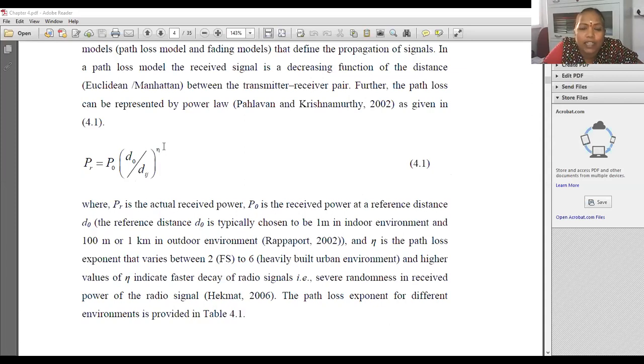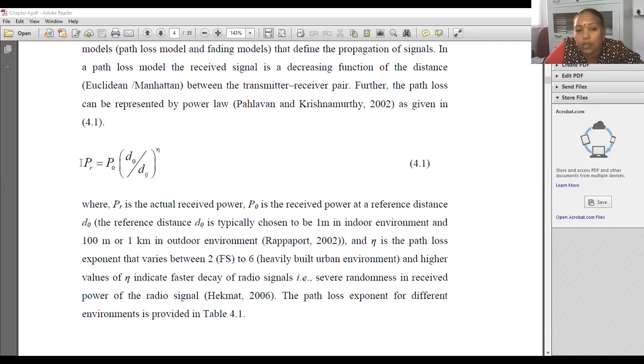Based upon the eta value, you can say what is going to be the randomness in the signal. Randomness in the signal means your signal strength may increase or decrease, or there will be fluctuations in the signal strength. So if eta is very high, there is more randomness in the signal. That means the decaying of the signal will be much faster. So eta should be as low as possible to have better transmission or reception of signals. This free space model is best suitable for short distance communication.